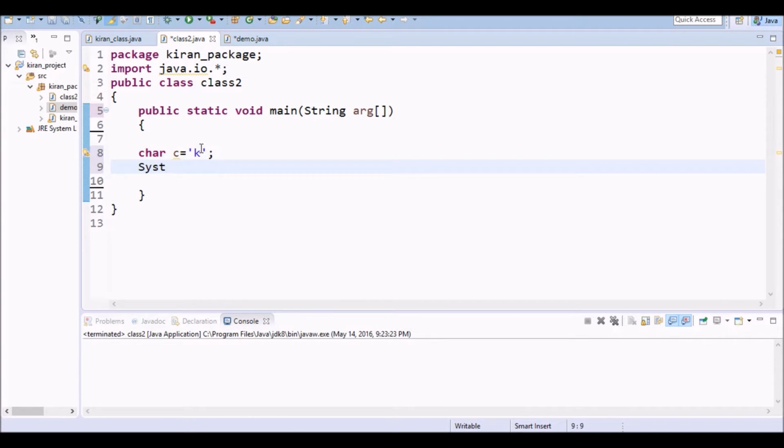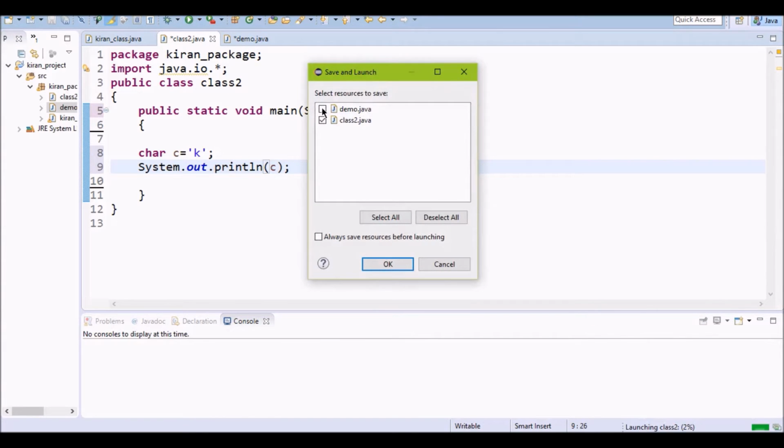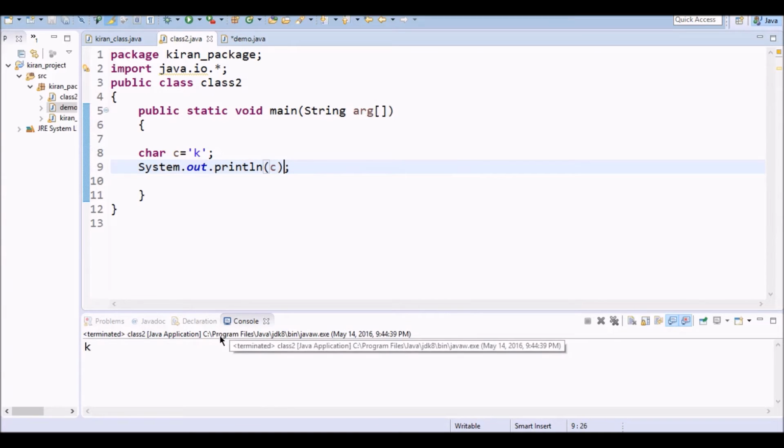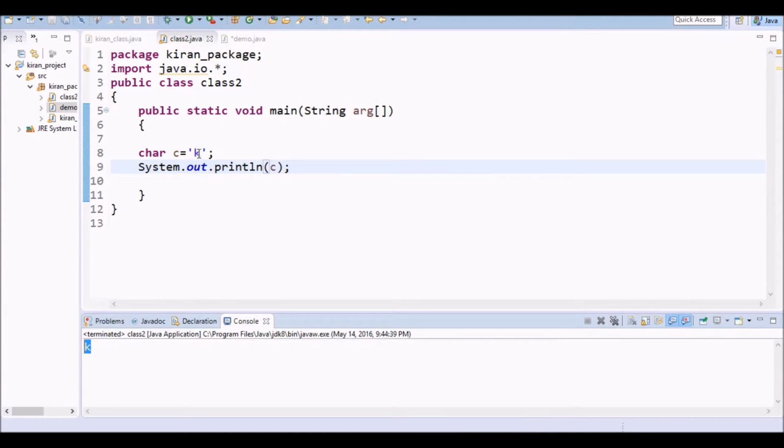Next, System.out.println, and now we are printing c, and now we will execute it. See, now it is showing k.